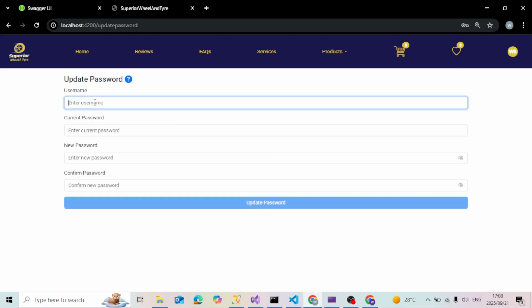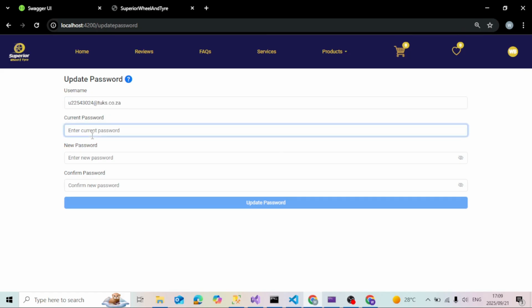Then the user will be required to enter the username, which is the email address, and then we'll be required to enter the current password, which is the password that the user used to log in,